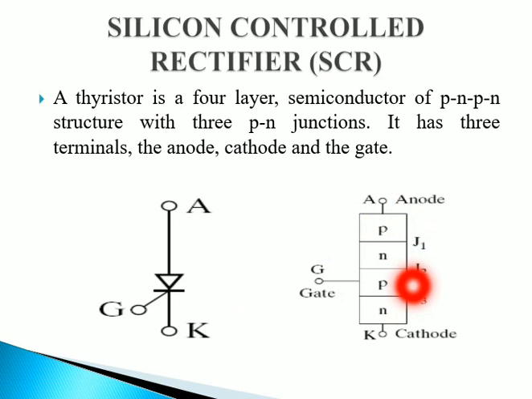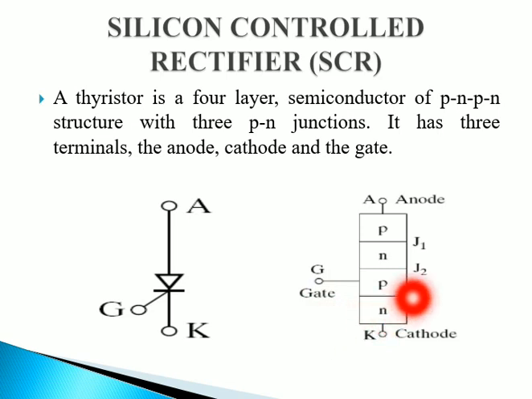So with a small anode to cathode voltage, that is VAK, a small leakage current will flow through this device. Then your SCR is said to be in the forward blocking state. Now if your VAK is increased further to a large value, J2 will break down. Why does it occur? It occurs due to the avalanche effect, because a large current will flow through the device. The voltage at which this phenomenon occurs is known as the breakdown voltage, given by VBO.